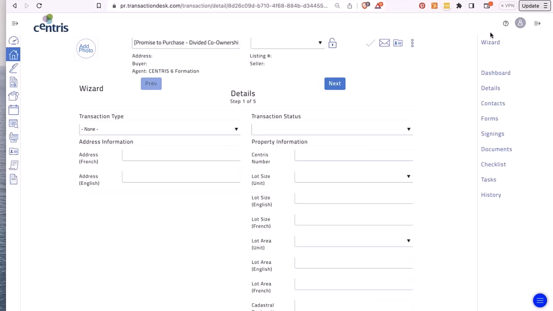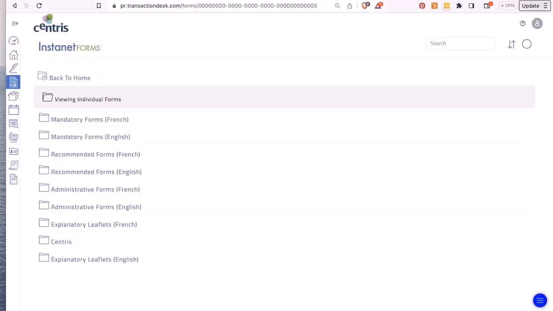and since I selected use the wizard, this column on the right appeared, and I'm going through all the different steps of the transaction. Here I'm on step 1 of 5, which is details, and then I can go and fill those out. Before we do that, I'll just go through the different